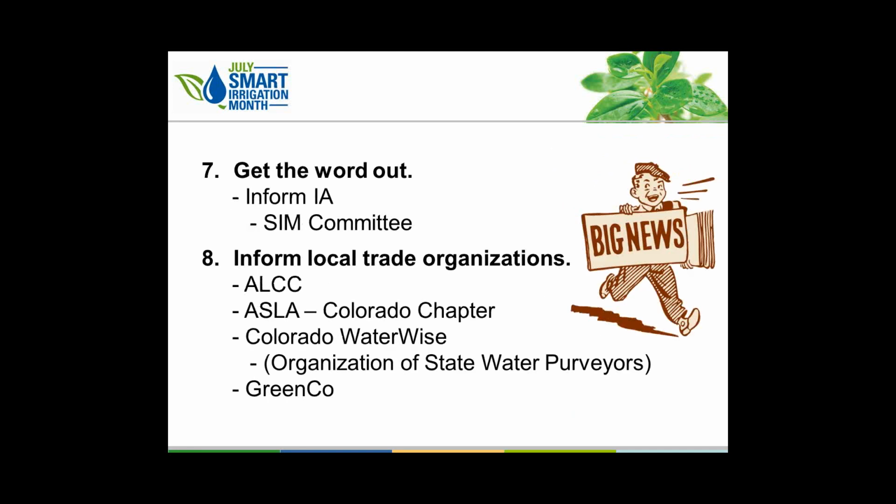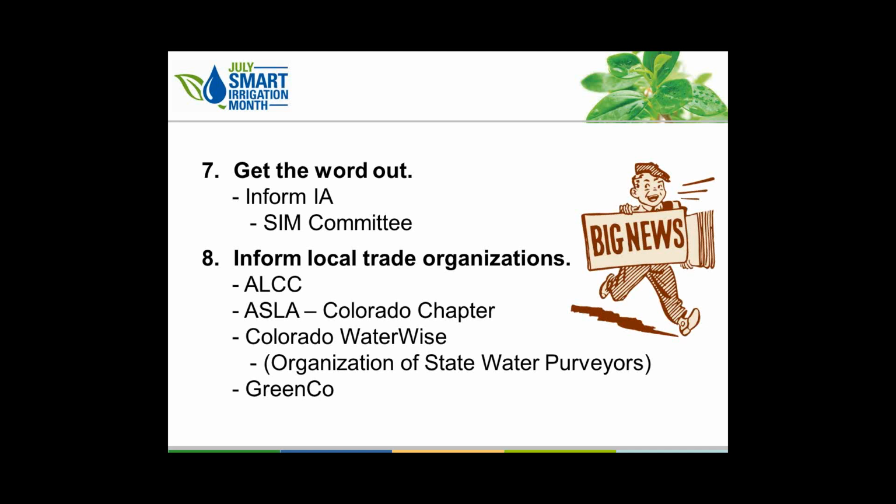Once we receive the proclamation, one of the next things you really need to think about is, what do I do with this now that I've got it? For us, the first thing to do is to contact the IA and the Smart Irrigation Month Committee, and the IA will put together a press release that will allow you to use this press release as a third party, to say, hey, this proclamation was attained for your state,